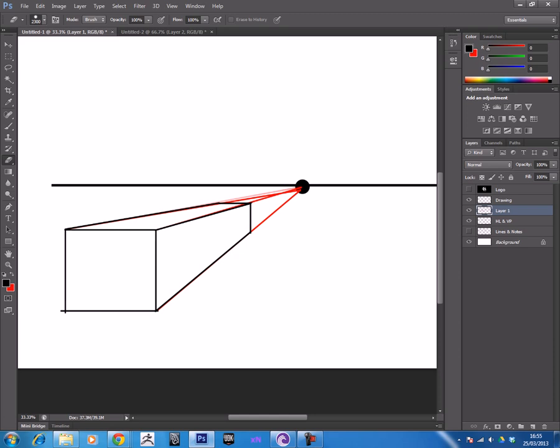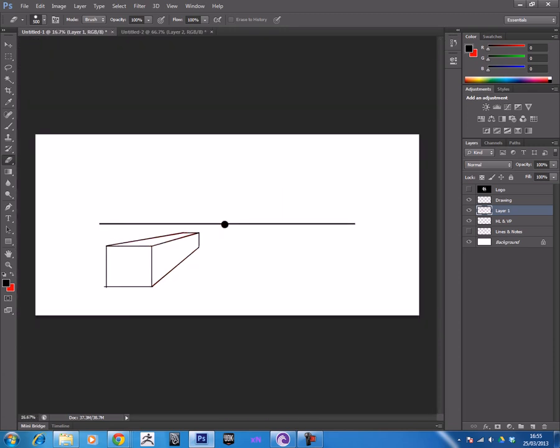Then all I'm going to do is get rid of my construction lines, just so you can have a good look at what the shape actually looks like. Yep. Okay, so dead simply, all you did was draw a flat square, take the lines back to your vanishing